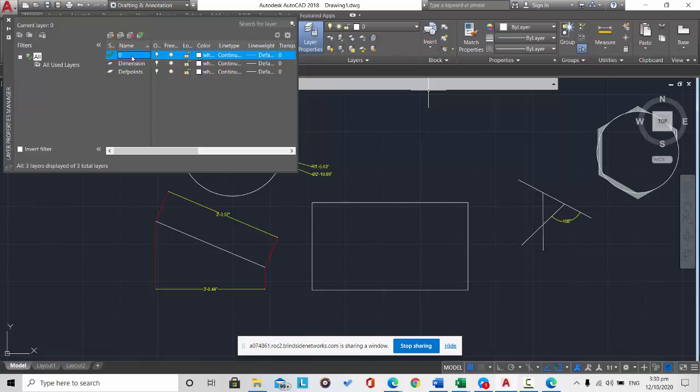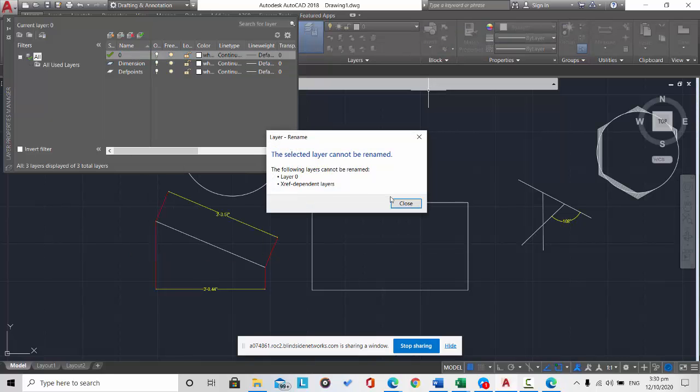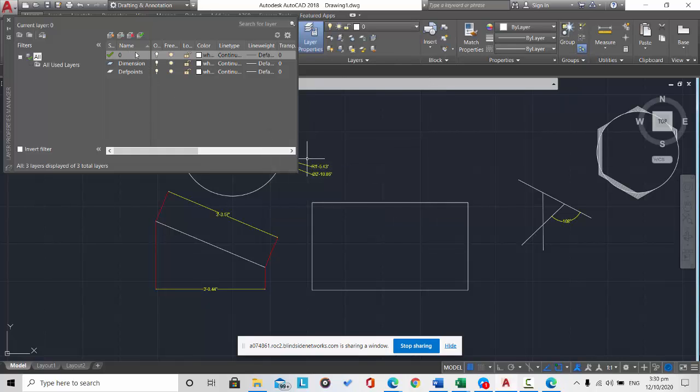This one is for drawing layer, no? For example, you can change the name. Actually, you cannot change pala. This one is the default layer, no? But you can choose another one, for example, and then this is my drawing layer. Yan. Kunyari, meron tayong dalawang layer. One is for my dimension, one is for my drawing. The use of layer is very important because it allows us to show the object, to make it invisible. It also allows us to inherit the properties of our